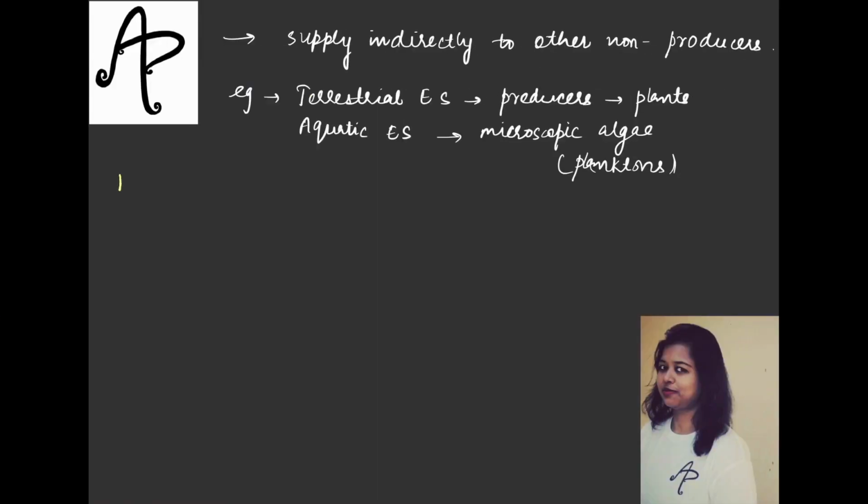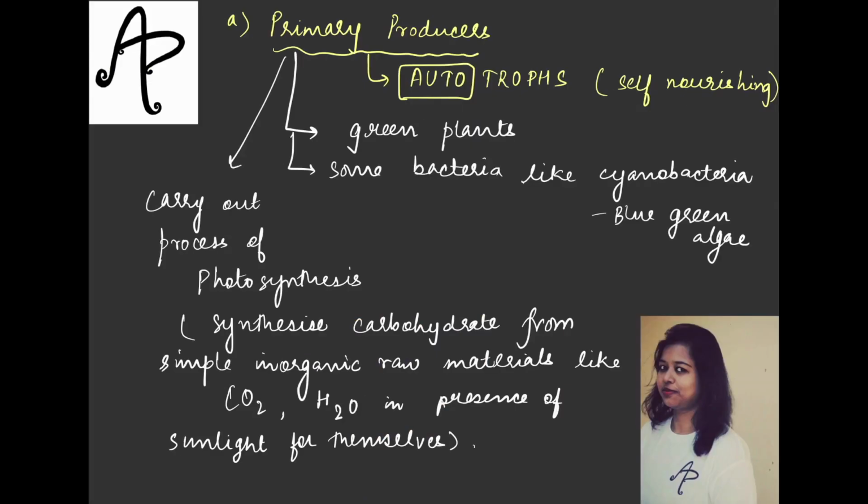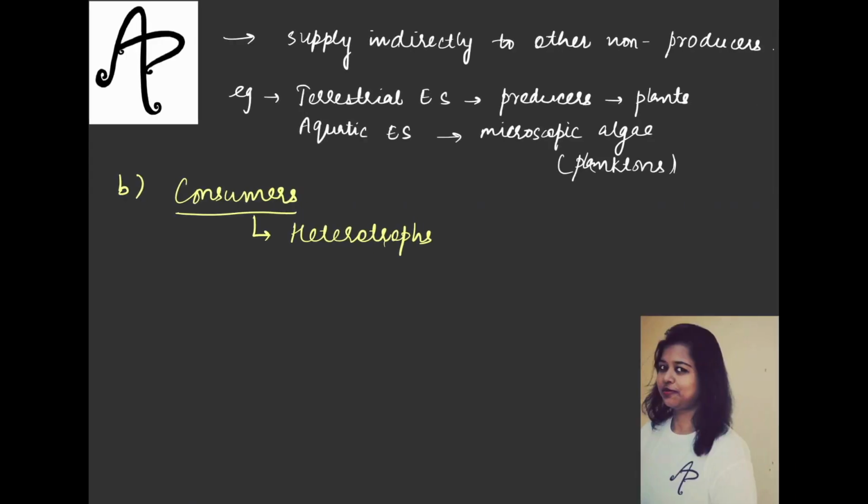Next we talk about the second major one, which is your consumers. अब consumers के लिए हम अलग अलग terms भी use कर रहे हैं. For example heterotrophs. जैसे हमने producers के लिए क्या use किया था, autotrophs, because they were by self, you know, preparing their food for themselves. So here heterotrophs, which means they are not doing it by themselves, they are depending on the other organisms. They are also called as phagotrophs. So basically they are other nourishing. They are nourished by others and not by themselves.